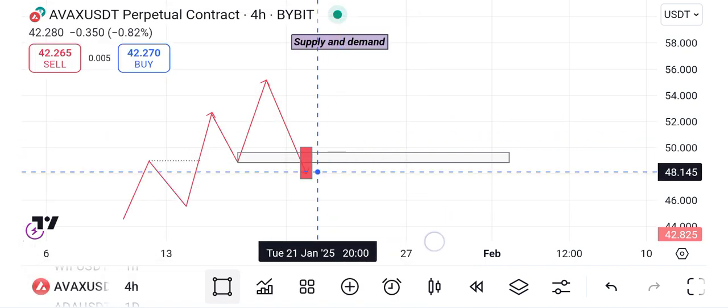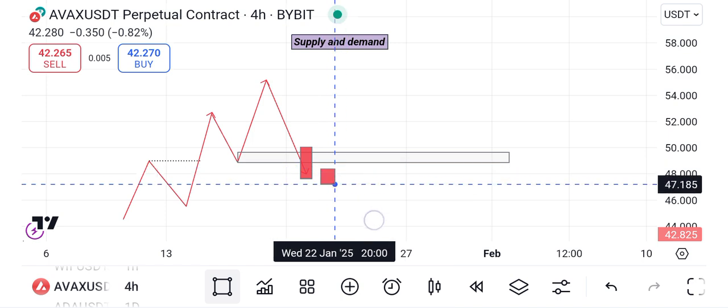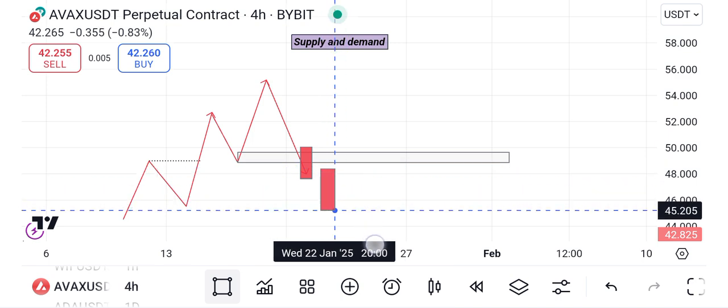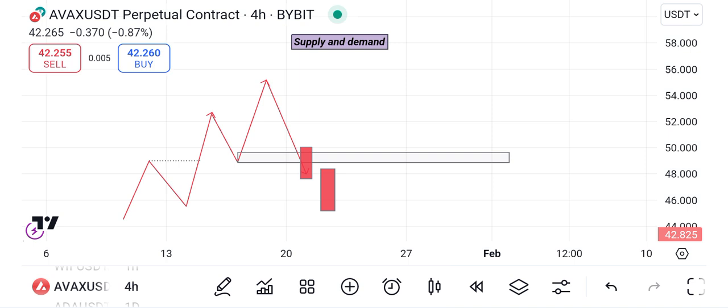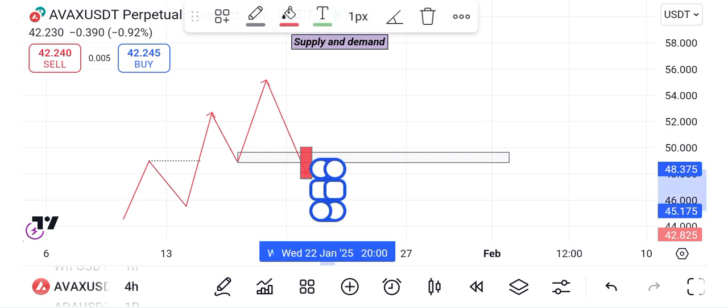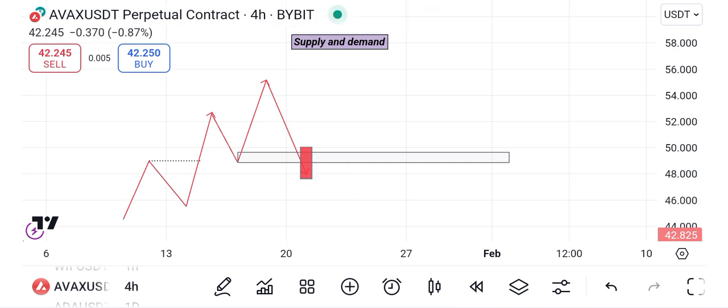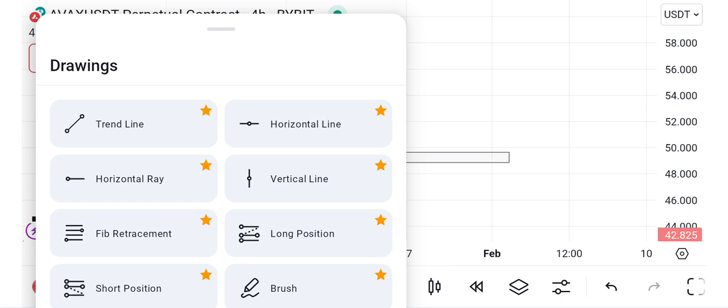Now, if another candlestick closes below it this way, your demand zone is now invalid. You don't have any business trying to buy long again from that point because it's invalidated. A complete candlestick has closed below your demand zone. But in a scenario where we have